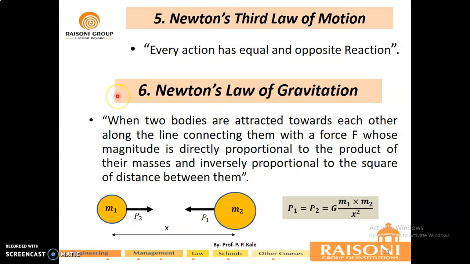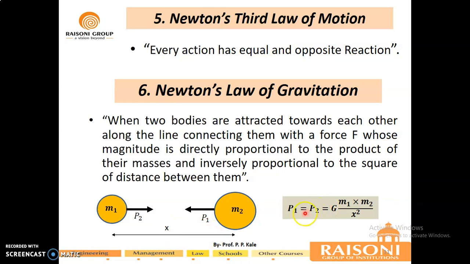Now this is important and new to everyone. So its statement is: when two bodies are attracted towards each other along the line connecting them with a force F whose magnitude is directly proportional to the product of their masses and inversely proportional to the square of the distance between them. Consider these two different bodies of different masses m1 and m2, and both the bodies are attracted towards each other by this P1 = P2 = F force, and they are separated by some distance x,